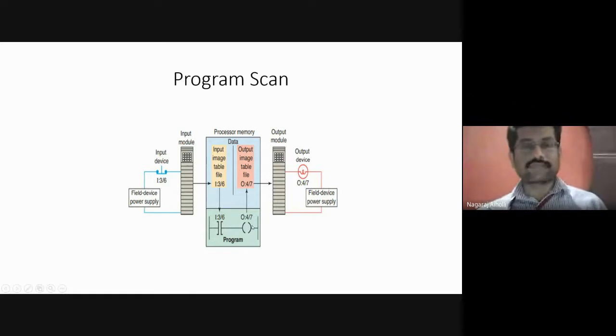Zero means it is off state, so there is no question of turning off the output device, correct? If you are moving from on to off state, then this bit will be made zero, and then the output device will be turned off. But if the switch is initially in the off state, there is no question of turning off the output device. That is the meaning of that.